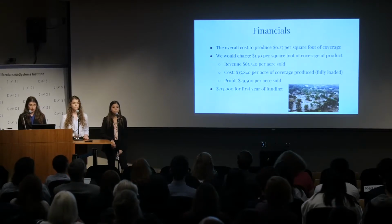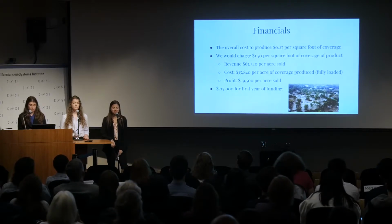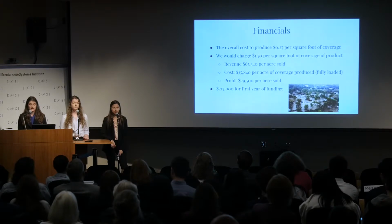According to the Center for American Progress, the federal government spends an average of $45.3 million in disaster relief each year. This makes the cost of our product, even for a large area, minimal compared to the average federal spending in disaster relief and the hundreds of millions of dollars in damages and hundreds of lives that our product could save. Overall, we are asking for only $215,000 for the first year's funding and the beginning steps as laid out